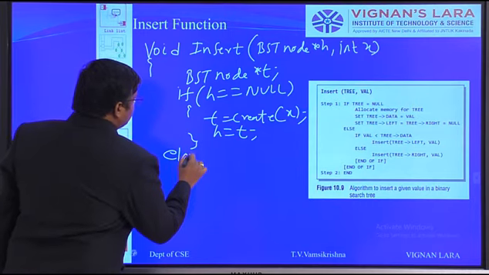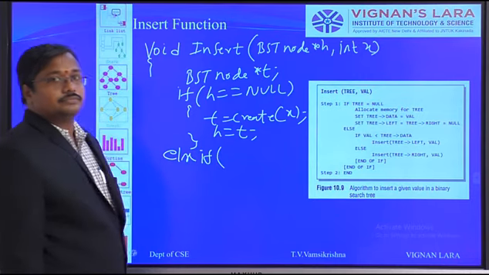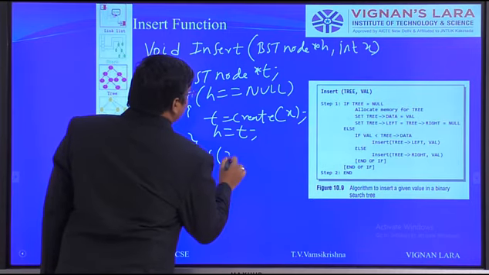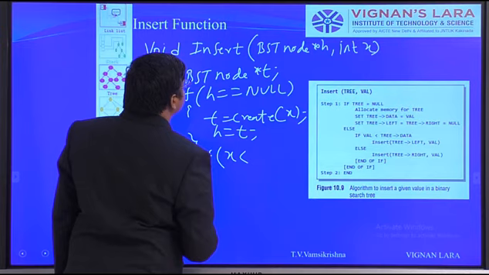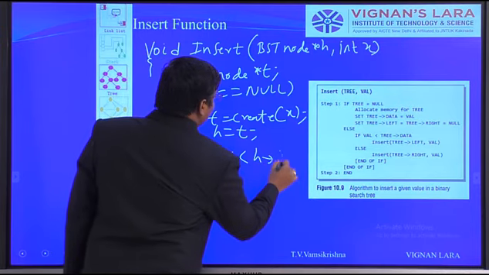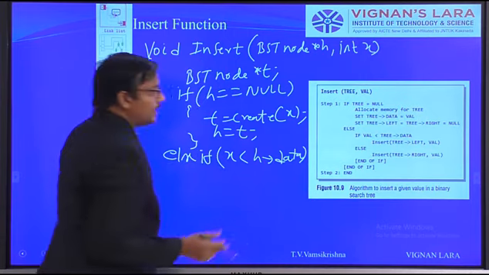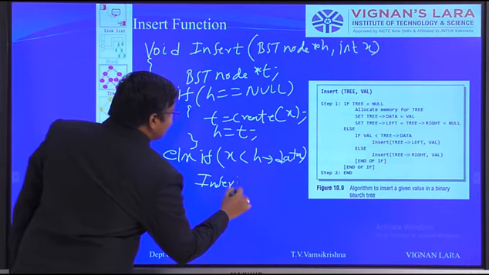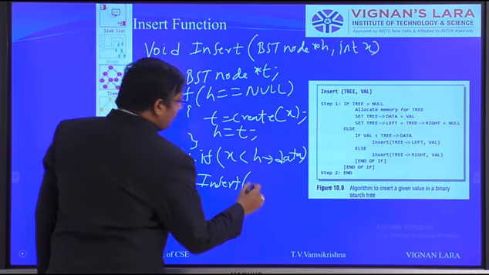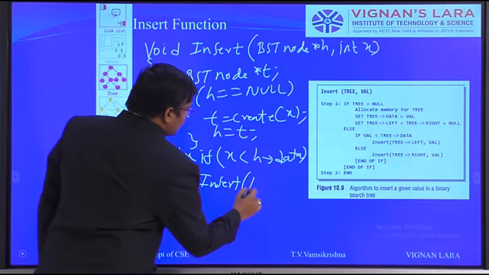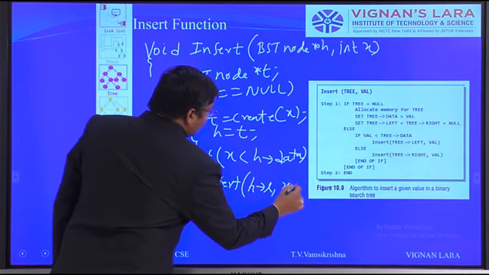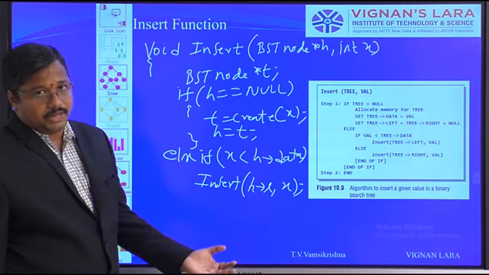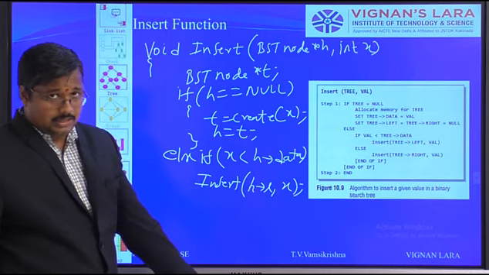In the other case, else if H is not null, we need to check: if X is less than H of data, we need to move into the left subtree, so insert of H of left, comma X. The element is inserted in the left subtree part.